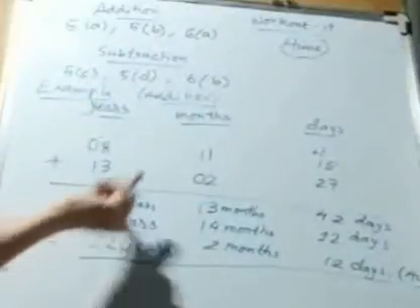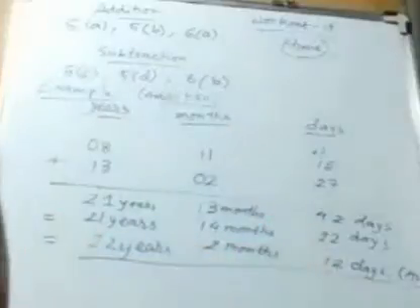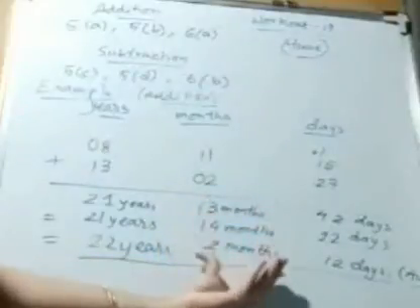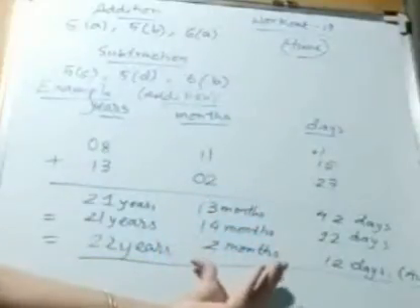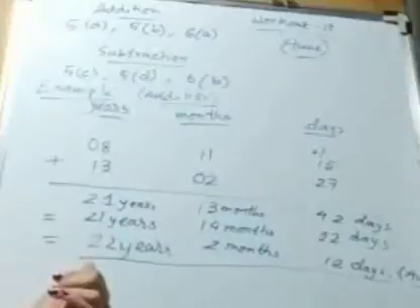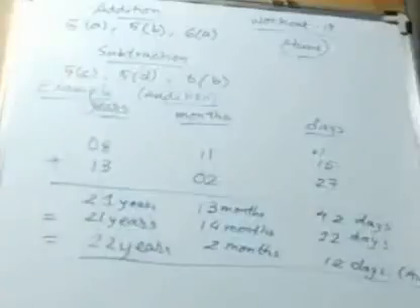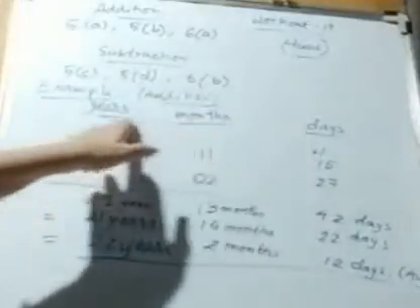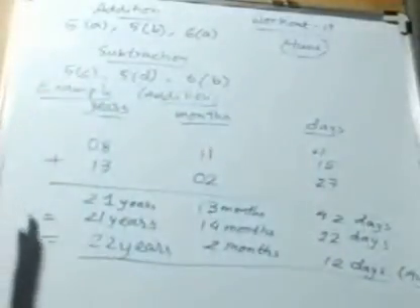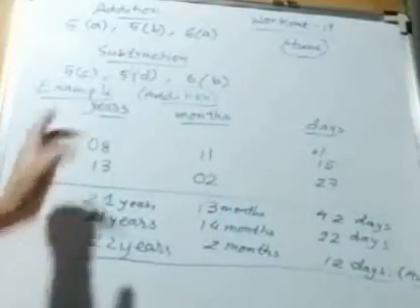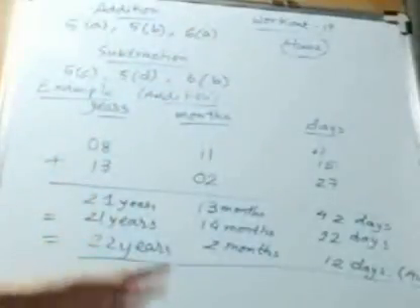And after getting these years, months and days, what you have to do? Just remove the month from here and add it here. Remove the year from here and add it here. In this way, in 3 steps you have to complete the answer when you are doing addition. And always put a gap here so that you can write the carry numbers if you need that. In this way you have to do the additions of question number 5a, 5b and 6a. Do it now. I am giving you 10 minutes.